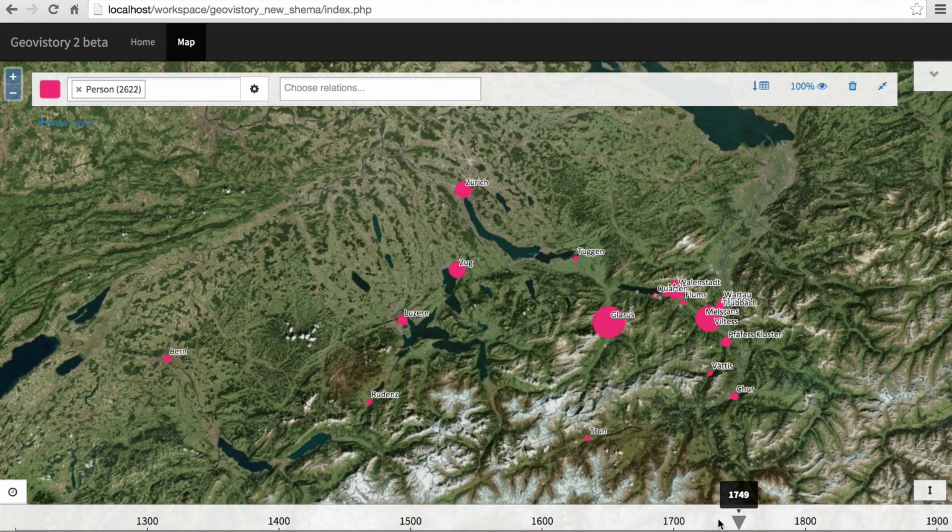This second part of the demonstration was to show that pre-existing data can be visualized in Geovistory and that this reveals some hidden patterns that wouldn't be